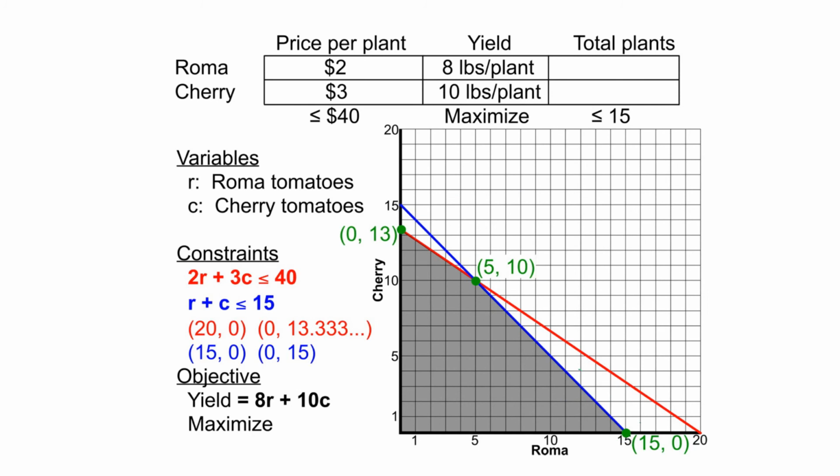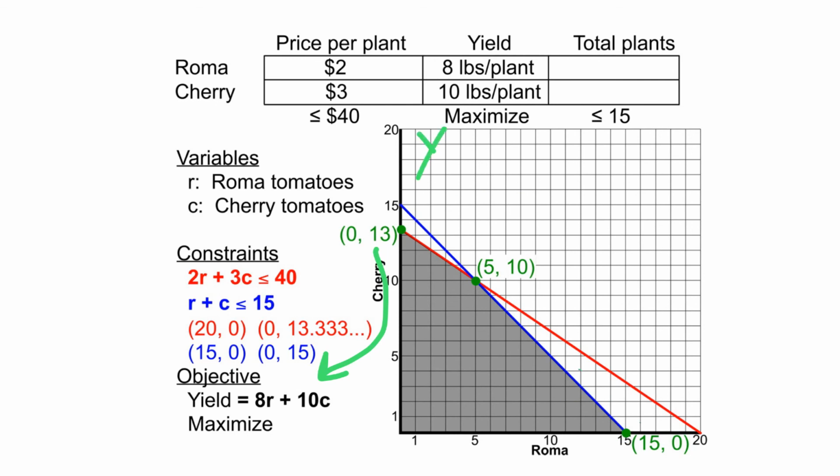Alright, so once again, we did all that work just to make the graph, and we did the graph just so we could find out where those 3 points were. The reason why I want those 3 points is because I now can take those 3 and plug each one into the objective to see which one of these points is the best point. That is, I'm going to plug those coordinates in for R and C in the objective function. So for instance, in this first one, I'm going to take the point 0, 13, and I'm going to plug that in for R and C. So that means I'm going to do